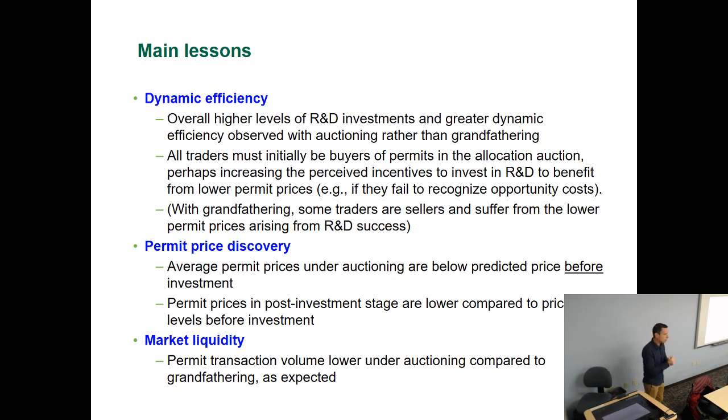Now think about this intuitively. When the permits are being auctioned, everybody's a buyer at the start of the round. Okay, and because of that, everyone can benefit from lower permit prices if they have to acquire them explicitly. On the other hand, when permits are being grandfathered, half of the subjects, the way things were set up here, are going to be net sellers of permits, given the pattern in which they were grandfathered. Now that's an opportunity cost that should be treated the same as the explicit cost they have to incur in the auction,